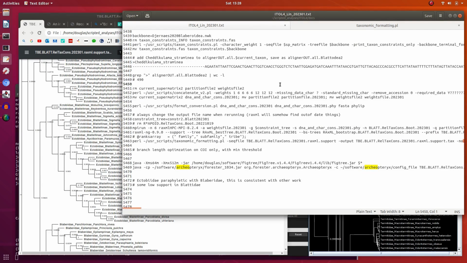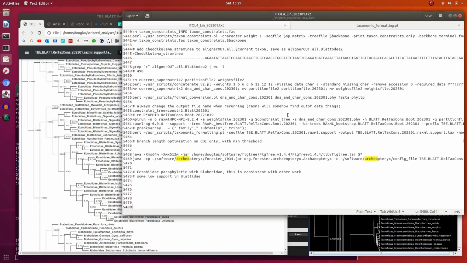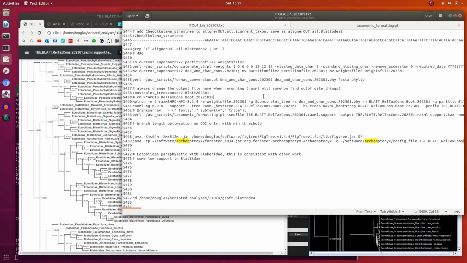Concatenated all of them into a matrix. So the supermatrix has several partitions: the Co1, the taxonomic constraints and the relational constraints as part of the matrix. XML tree search, calculated node support, added taxonomic information. So almost done. Now,